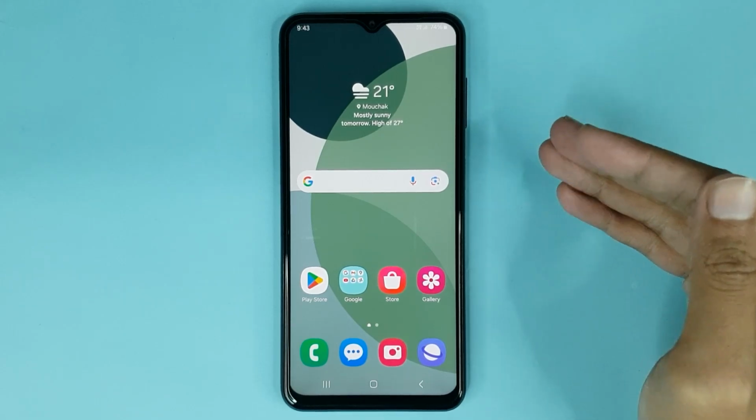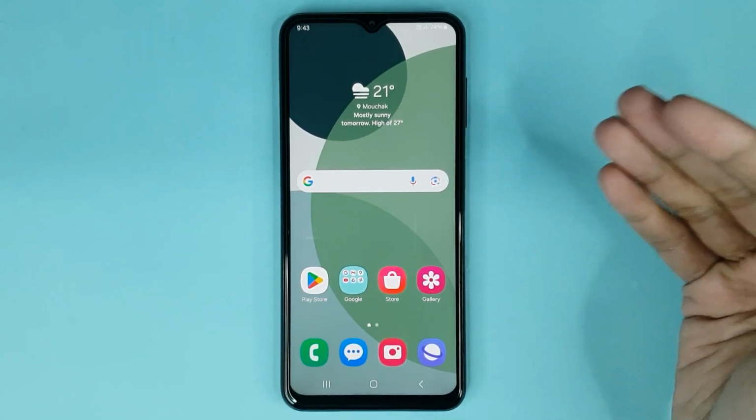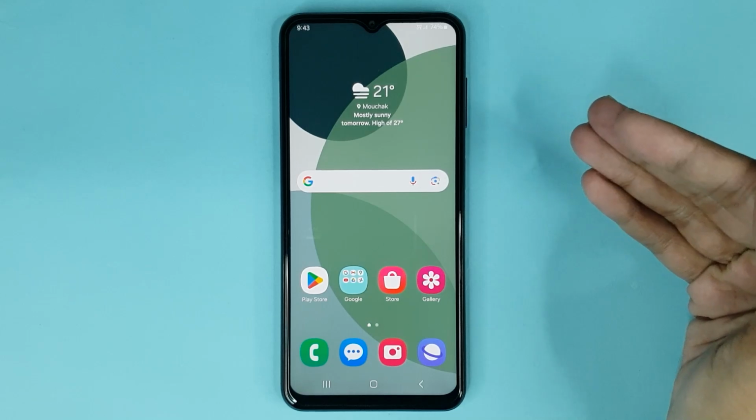Welcome to Wallpaper channel, and in today's video I'm going to show you how to resize wallpaper in your Android